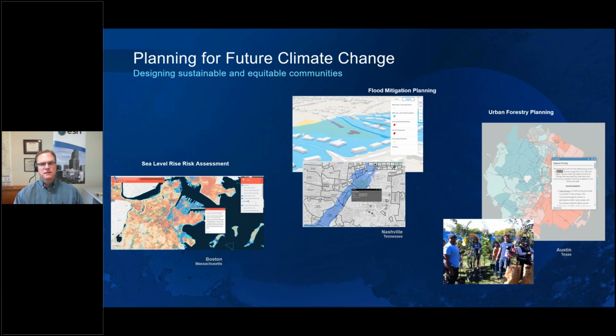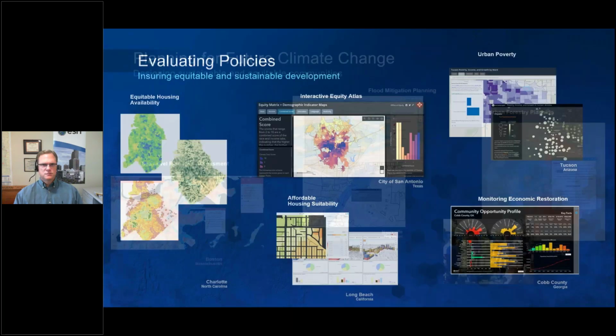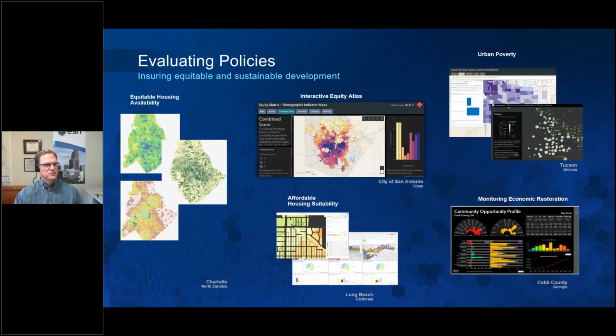And so I think there are a number of different ways here, and I only put 3 up here. I probably could have filled about 30 more slides with those. So the things we've been talking about are more project focused up until now. And I think one of the things that really excites me the most is how GIS is being used on the planning side for the bigger picture, for evaluating policies.